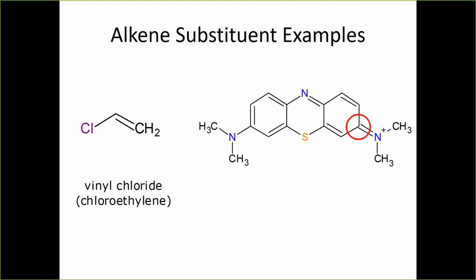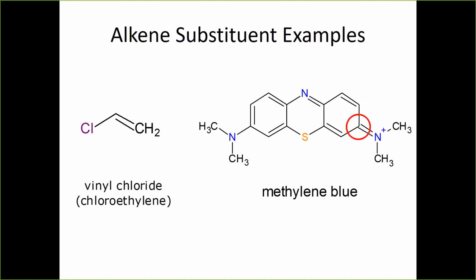Here's another example to look at, and I've circled the part of interest that I want you to focus on, and what you see there is, again, a methylene group. And this structure might be a little bit hard for people to name otherwise, but the fact that there's a methylene may give you a little bit of a clue. This is actually methylene blue. And so if you ever thought about, well, why is it called methylene blue? Well, it does have a methylene in it. It has that CH, actually there's no H, there's a C double bond in there. And in this case, it's double bonded to a nitrogen.